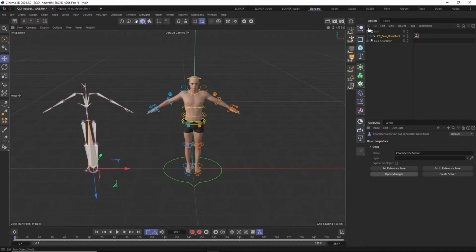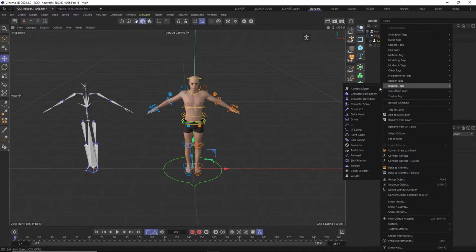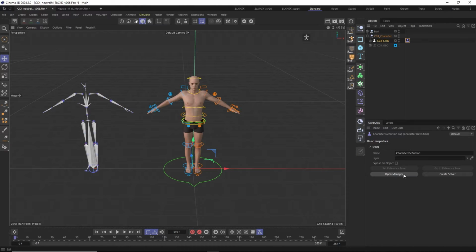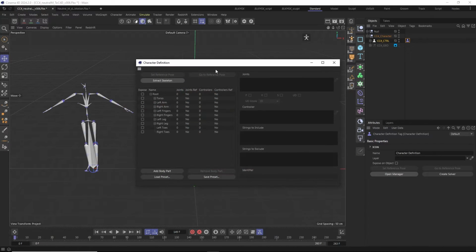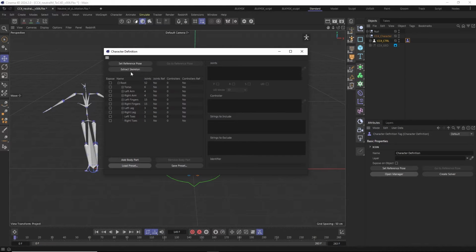Now let's do the same thing for our control hierarchy. Select the CC4 control null object and add a character definition tag to it. Open up the manager and click the Load Presets button. Select the CC4D Control Rig definition preset and click the Extract Skeleton button. And again, if you get a yes in the Joints ref column for each body part, you know that the